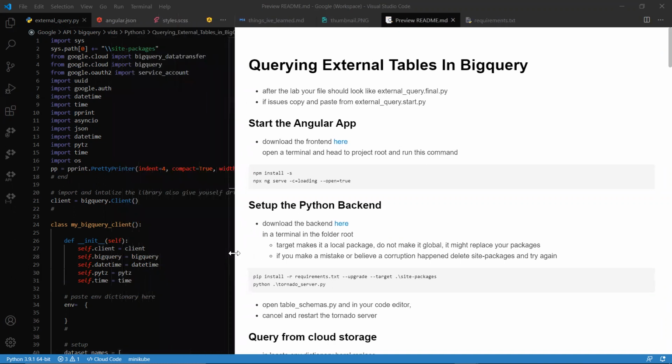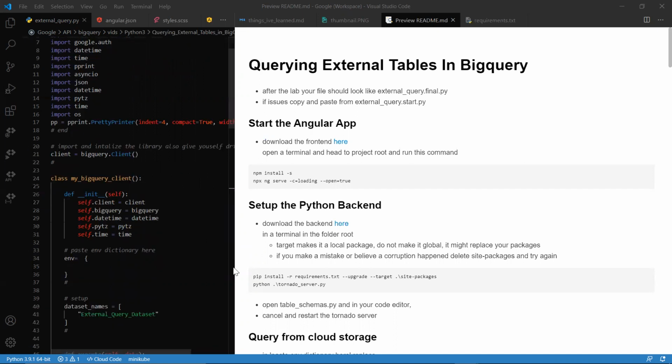So what we mean by external tables is data that is outside of BigQuery. BigQuery provides a feature where you can query data that's not necessarily in a table. Say it could be a CSV, or a JSON file from Cloud Storage, or from a third party resource, or even from a different type of data service that Google Cloud provides, like Bigtable. We're able to have an external table, and we're still able to work with that data without downloading it into BigQuery and